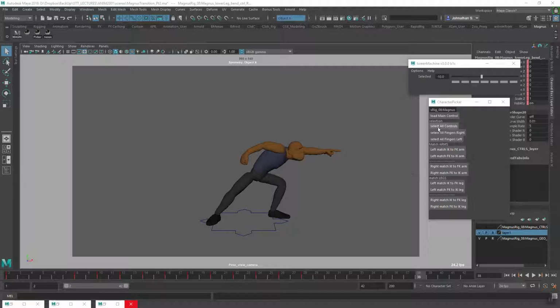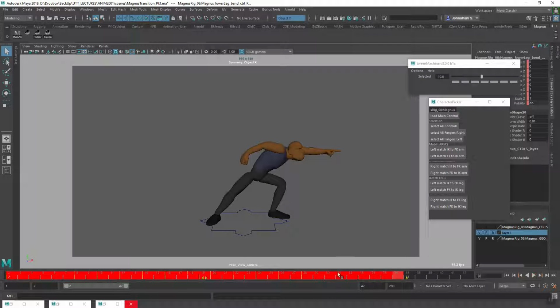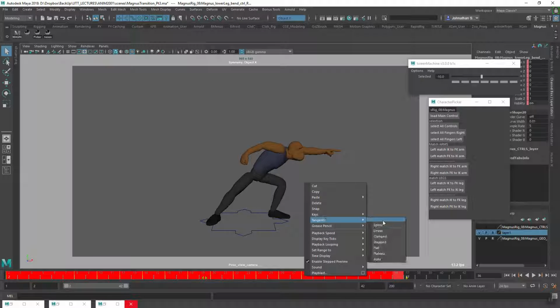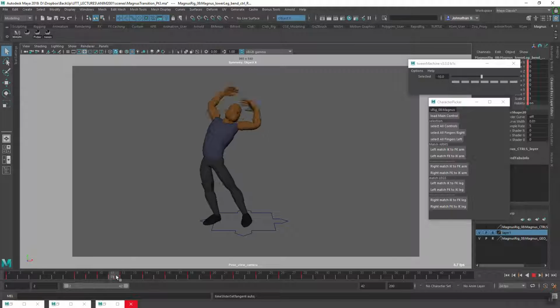Alright, so just continuing from the last video, right? If I just select all these controls now, I'm gonna put everything onto spline or auto tangents, right? So I'm just gonna hold shift, drag, and select all these keys. Right click, go to tangents, and choose auto. Alright, so now you'll see